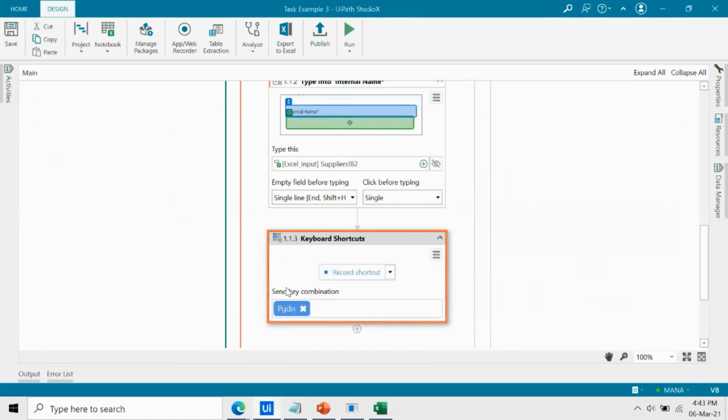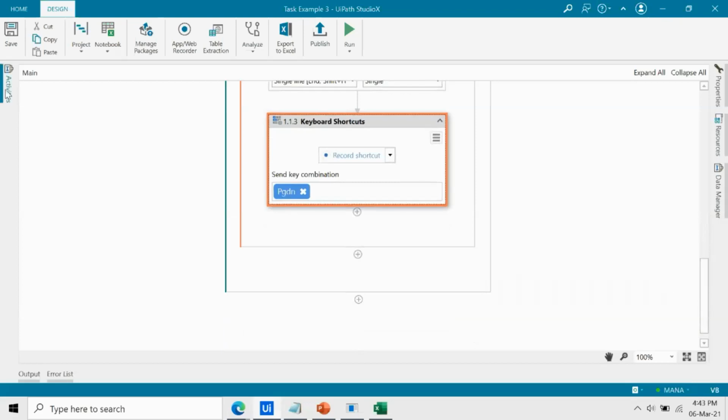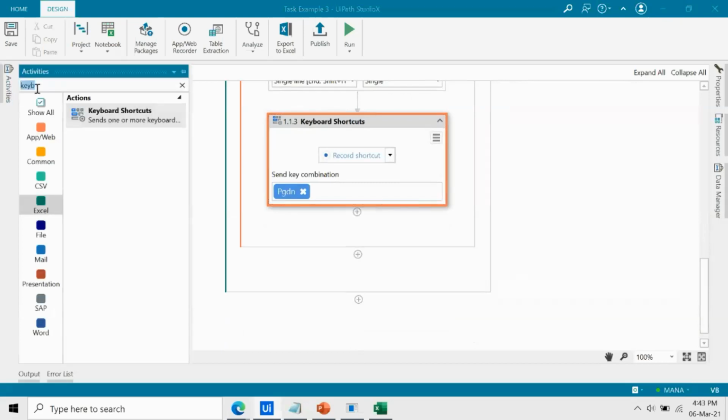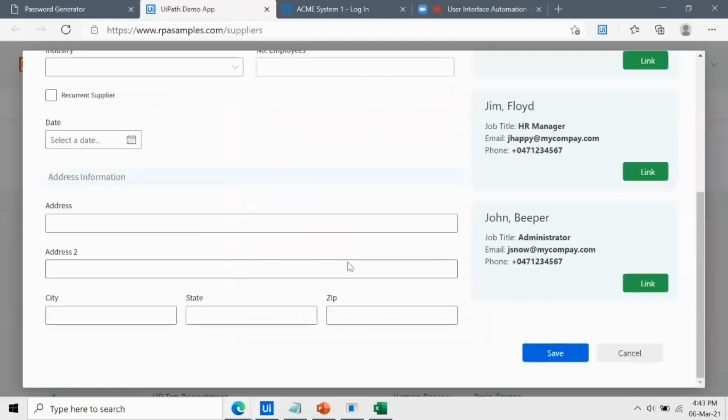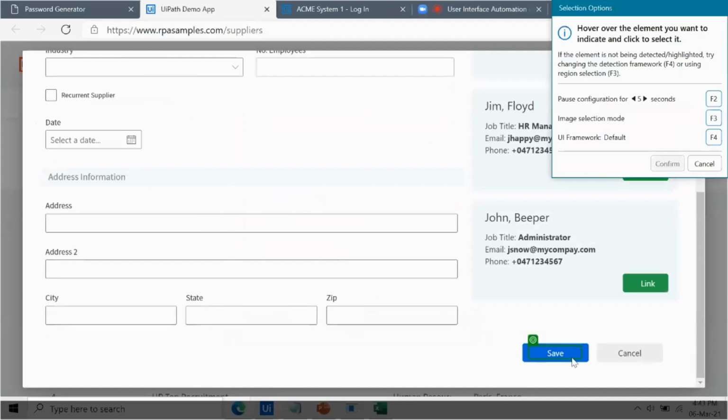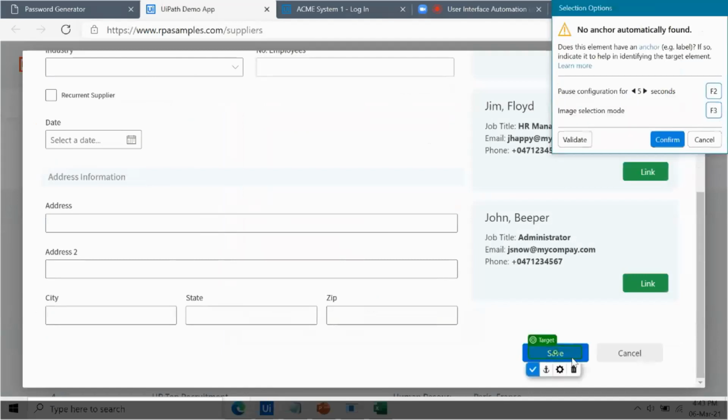This way you can provide the shortcut keys inside this activity. And now I have to choose the click operation again. Indicate target on screen. Click on save. Confirm.